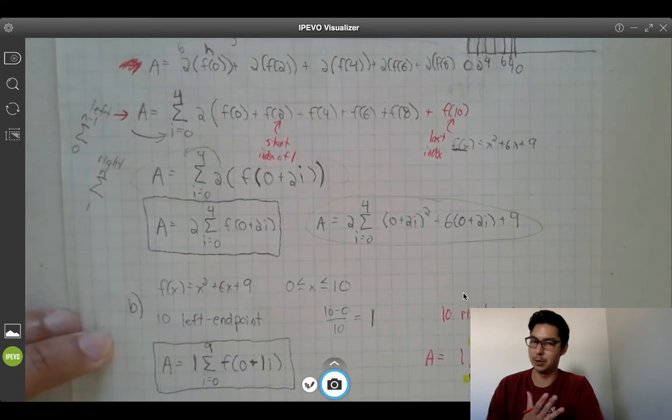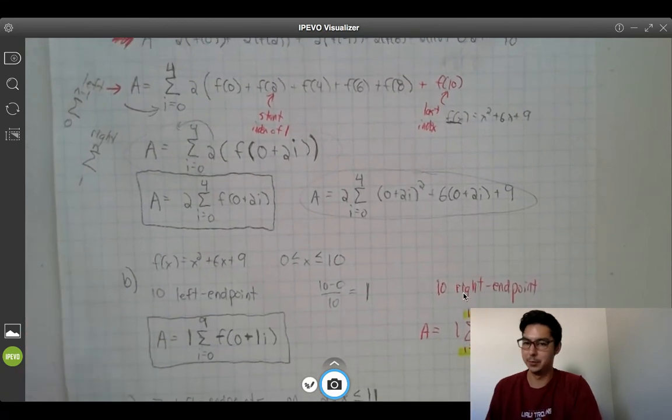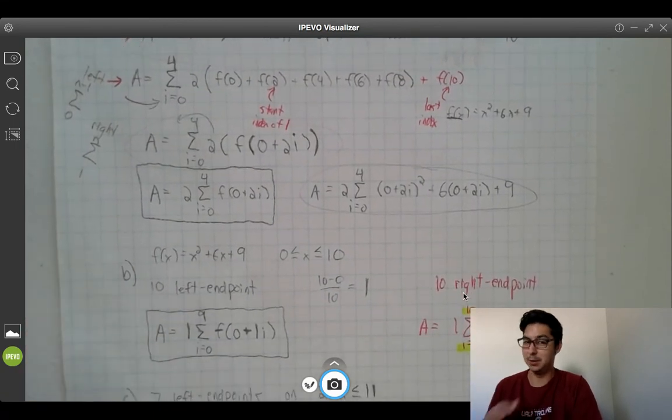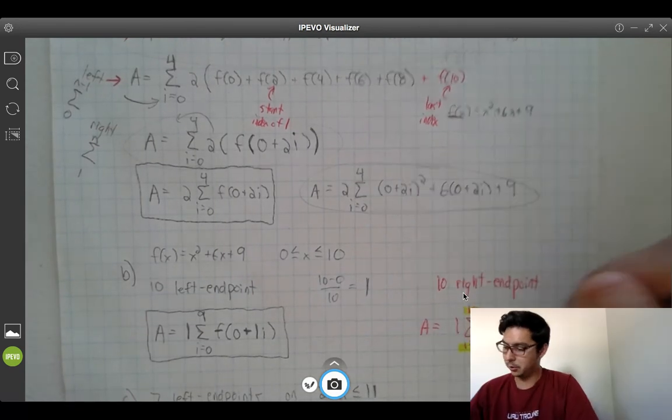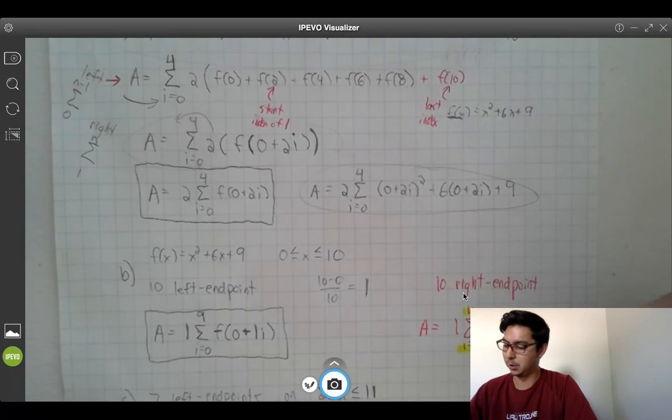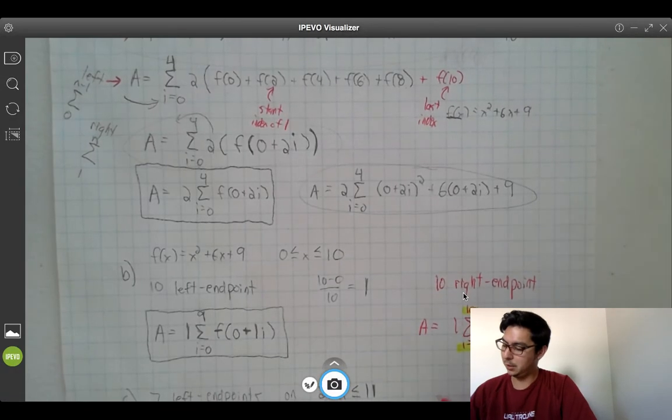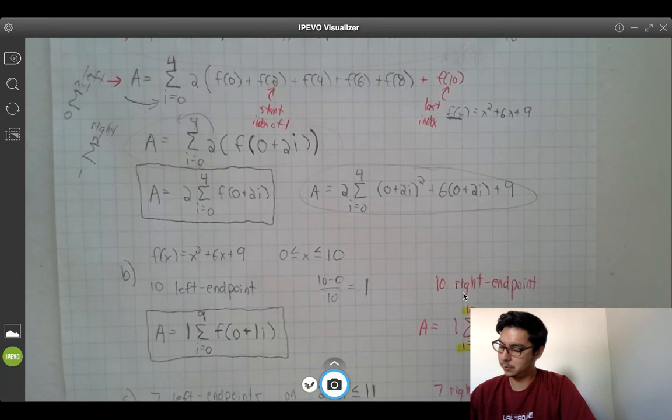If you want to see it in more detail, I'm more than happy to. But I'm trying to speed it up so you don't have too much work during this time, but still grasp the material. So it would go 1 to 10 of 0 plus 1i. And that's this one, B. Say we did this one here. We wanted 7 right endpoints